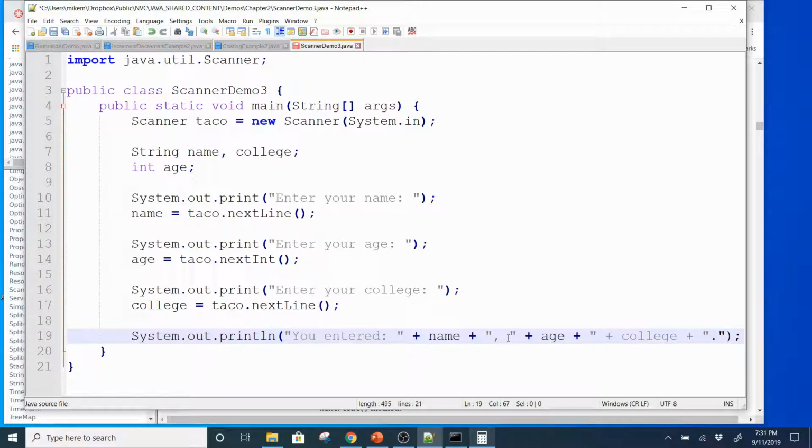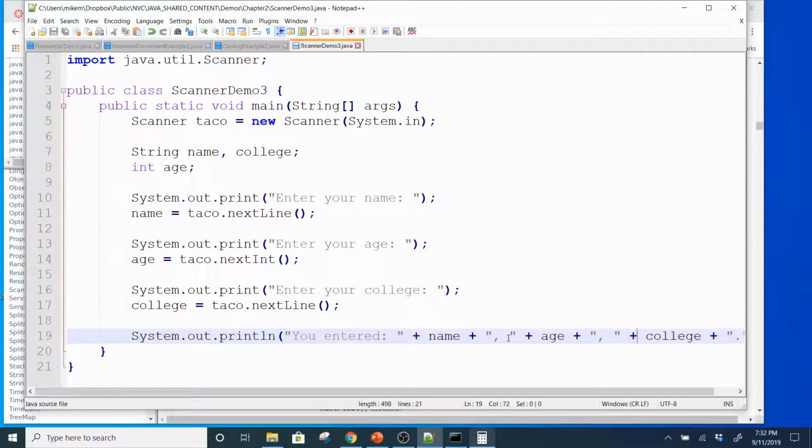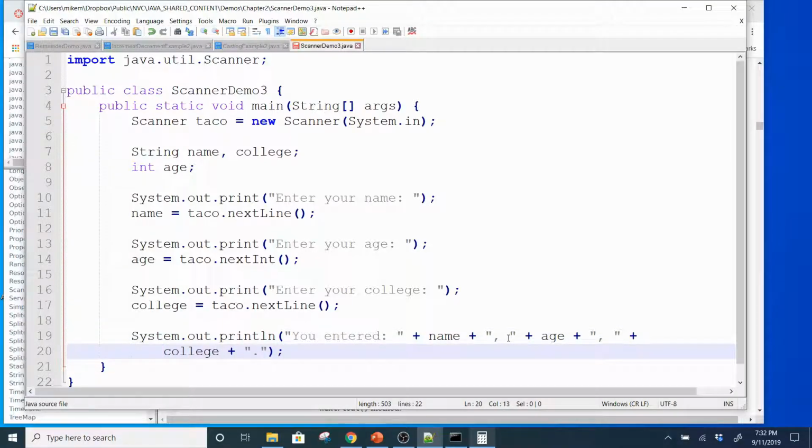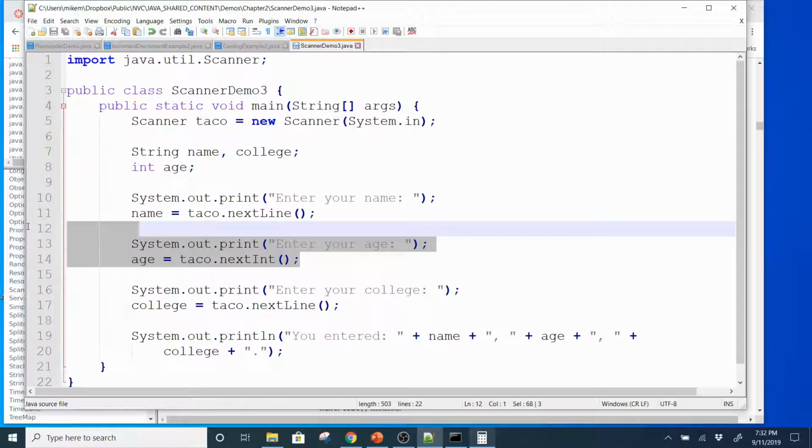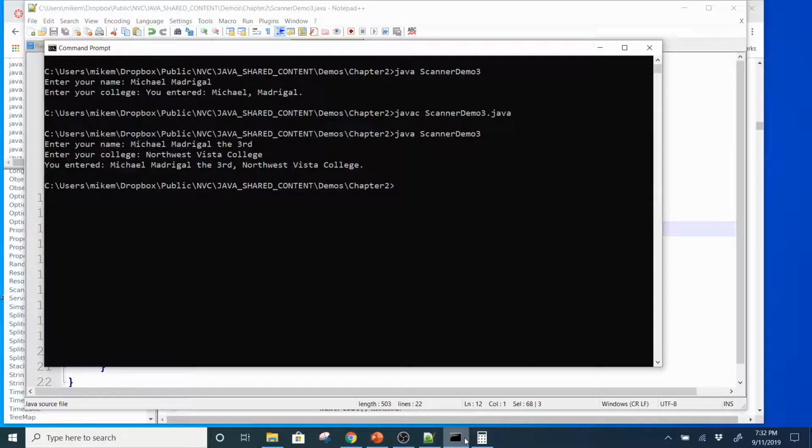Oh, I did something wrong. Dang it. What did I do wrong? Why is there string, age, string? Oh, I'll have to close this. Okay. So I have my name, age, and college now. And I added in an entry for my age. So now when I go ahead over here and compile